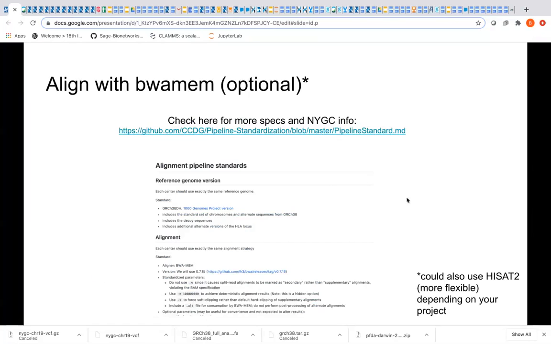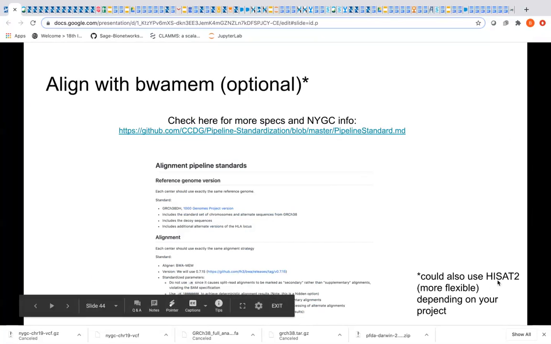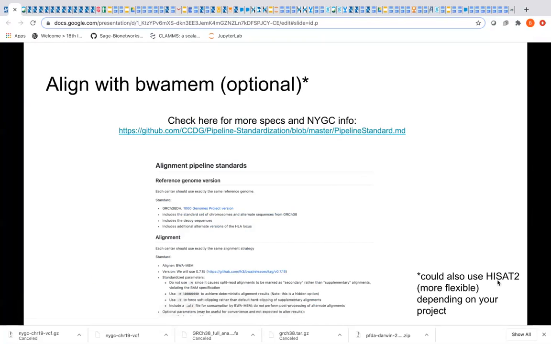So there's also HiSat 2, which is also on the platform. It was demoed 2 weeks ago. Yeah, Alexis used HiSat 2. So it was demoed 2 weeks ago as an RNA-seq tool. It's primarily an RNA-seq tool. You can use it for DNA if you want to. So if you had a project where you have some sort of targeted sequencing and you want to do some stuff quick and you need to be super flexible, HiSat 2 is